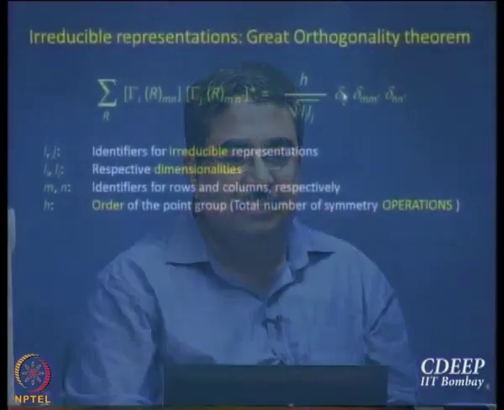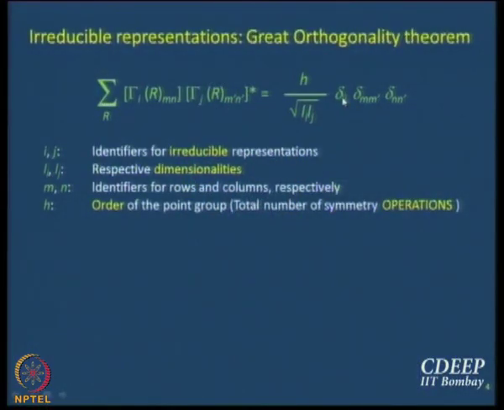I do all possible permutations and then add up what I get. And then what I see is that the sum is 0 unless i equals j, m equals m dashed, and n equals n dashed, isn't it? These are all Kronecker deltas. So this delta ij is going to be 0 unless i equals j. If i equals j, then this is 1, and once it is 1, it is multiplication by 1, you do not have to worry about it anymore. When m equals m dash, this delta is 1. When n equals n dash, this is equal to 1.